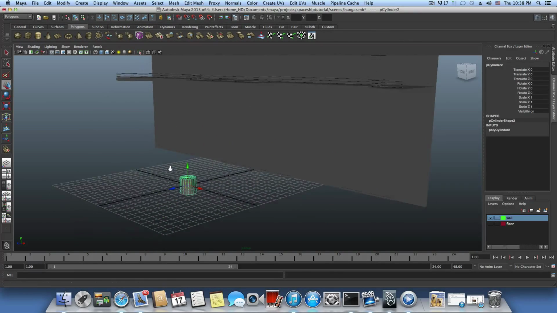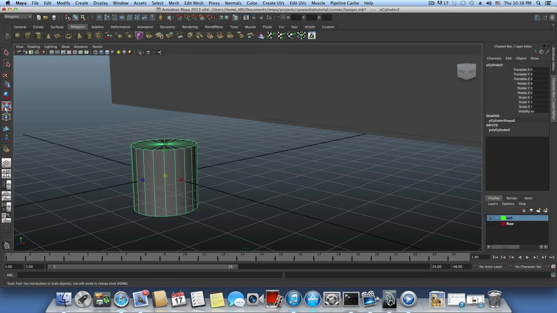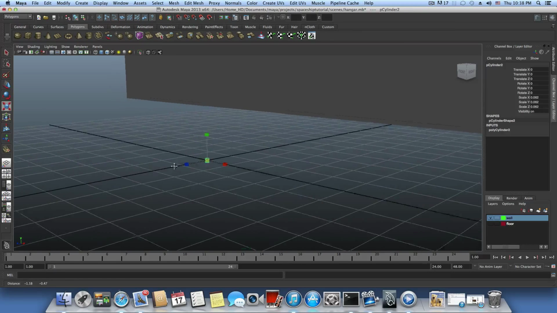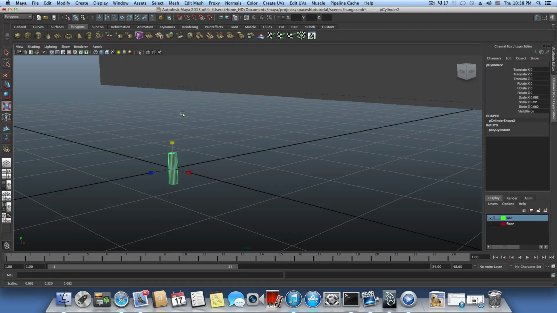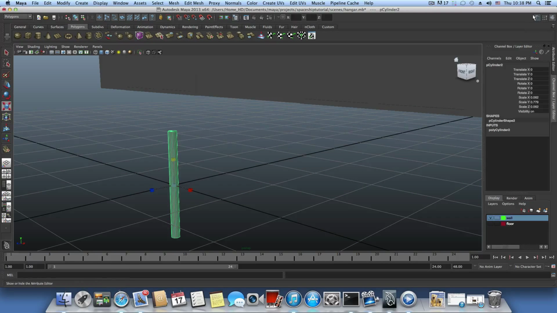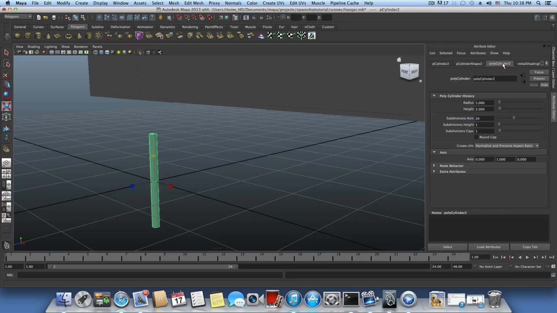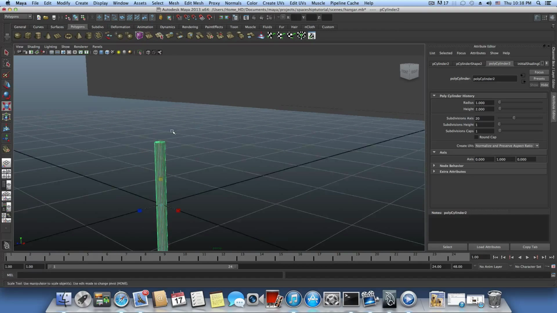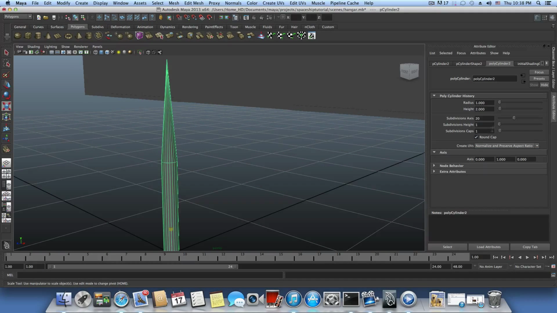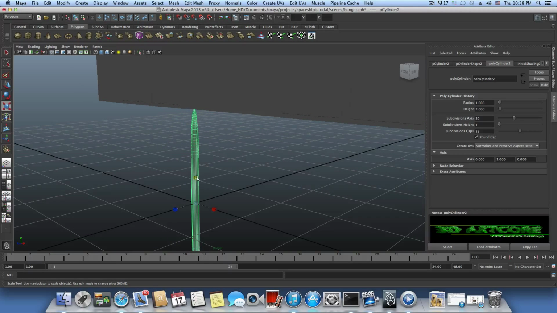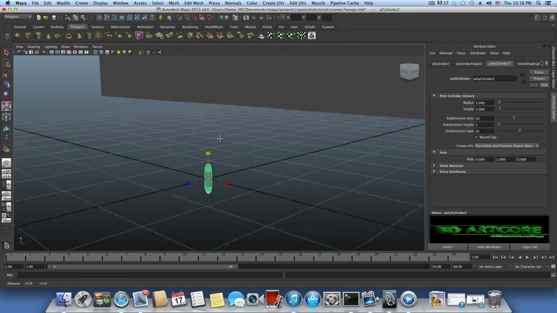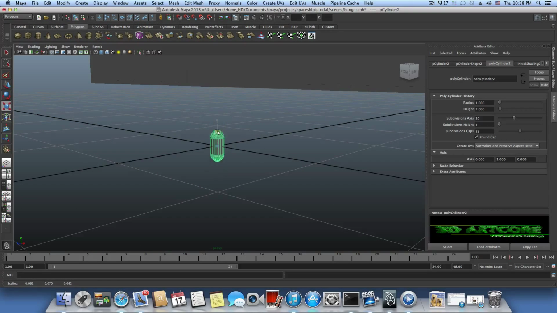Let's do something like that and stretch it, and open the attribute editor for it and switch to the polycylinder tab too, and create round cap, okay, and add more subdivision caps to it, just like so. Now maybe don't stretch it, leave it like this, and yeah. Now I want you to tap